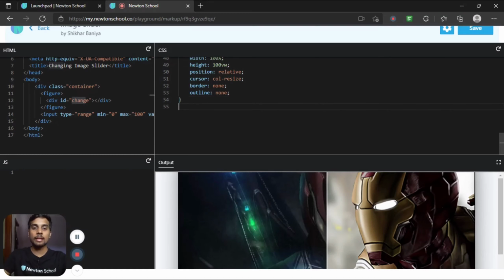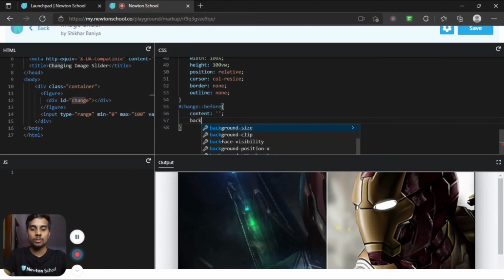Now let's add that icon inside our id slider, so hash slider. Inside this, we have to target the change part, and inside this I want to add something before the content. Initially the content will be 0 or nothing, that's why we have left this space out, and we have to add some background.